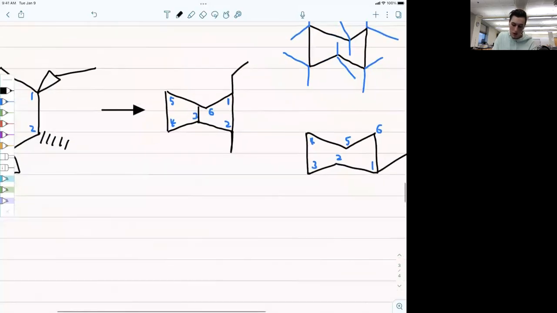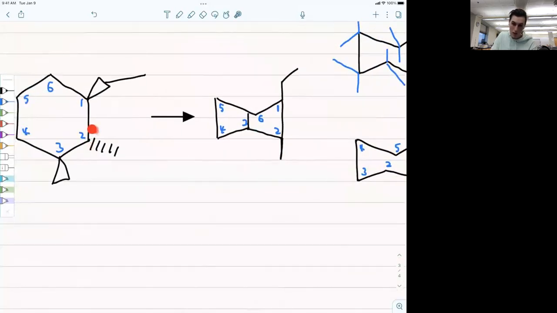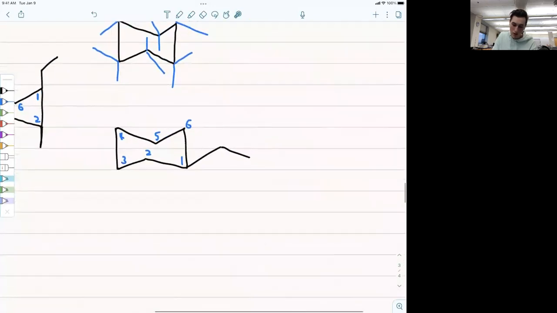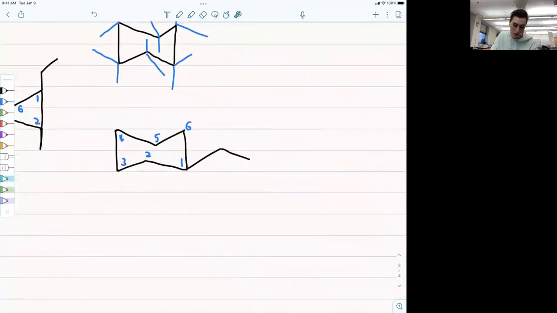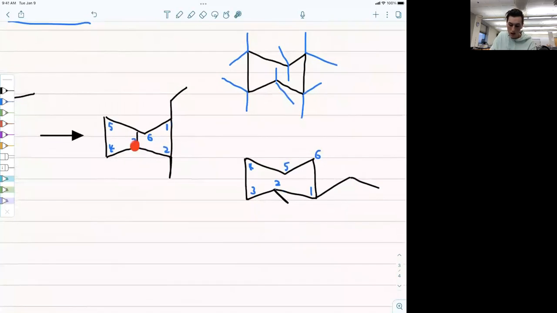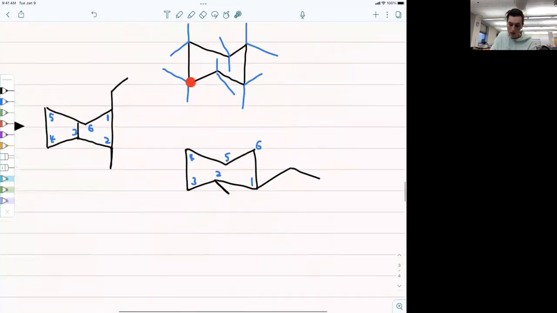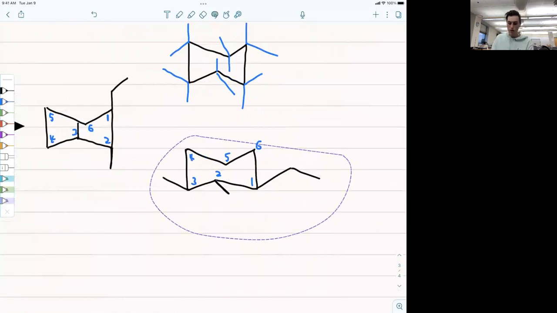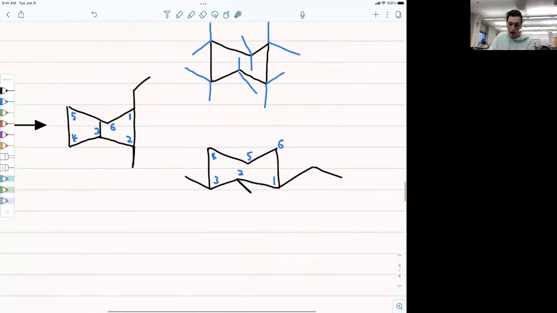And then on number 2, I have my down methyl group. So down on the number 2 spot is equatorial. So I'll come like this, and that's down now. Number 3 on here was up, and this will be on this carbon. So here up is going to be equatorial. So I'll go like this. And now if I look at this version of my molecule, this is like 10 times more stable, because before I had